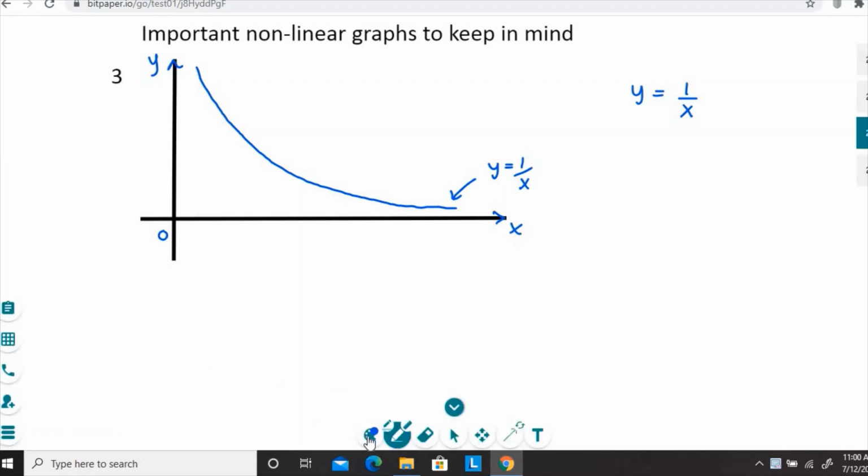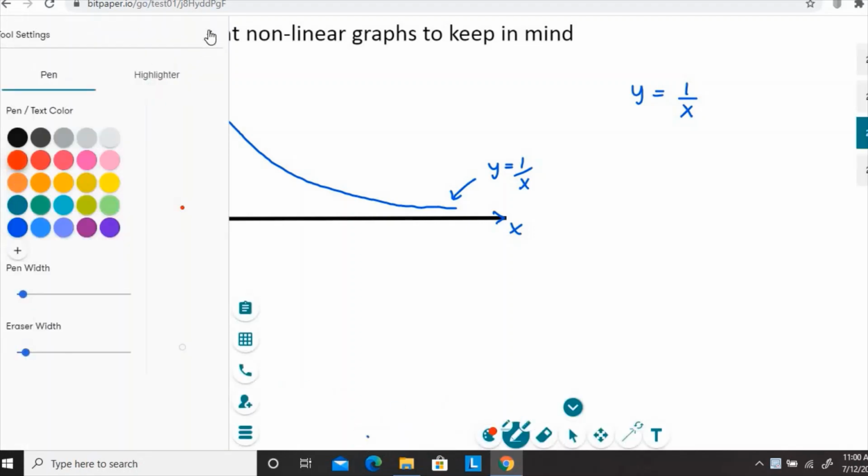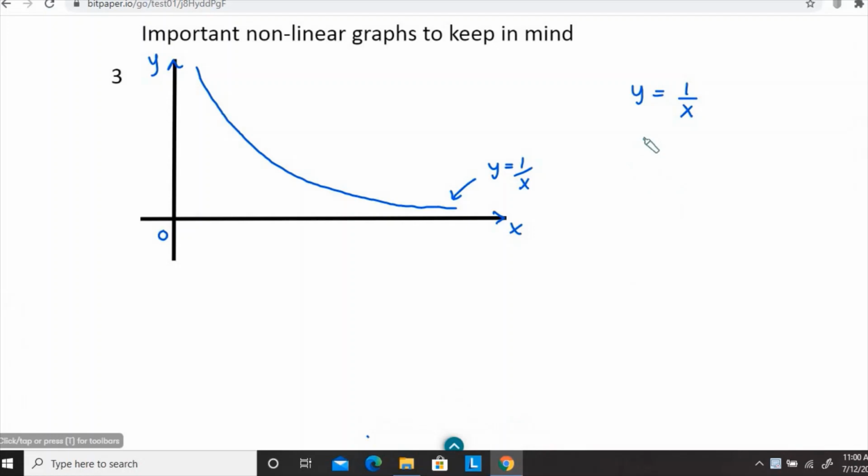Similar to that, there's another very important nonlinear equation. That's y equals 1/x squared. So this is called the inverse square law,